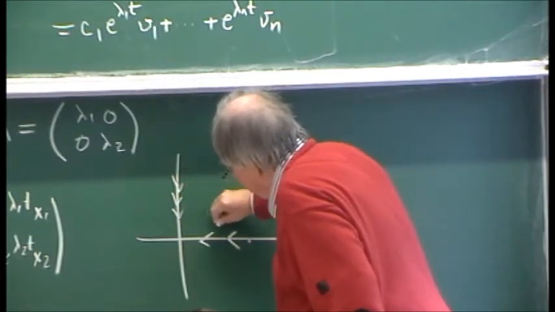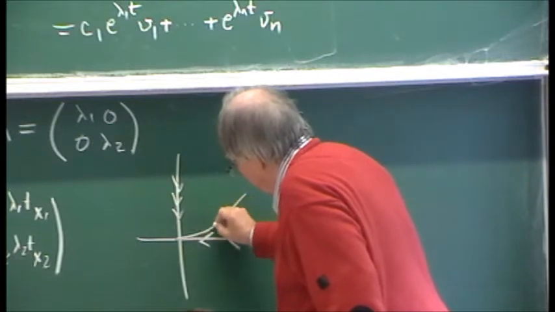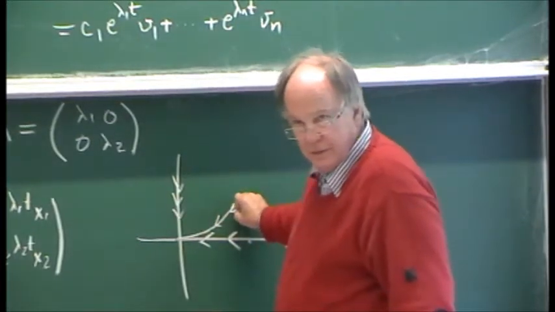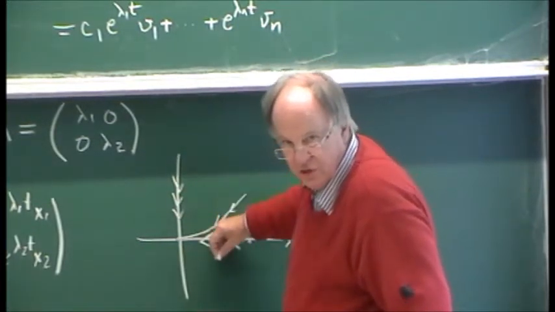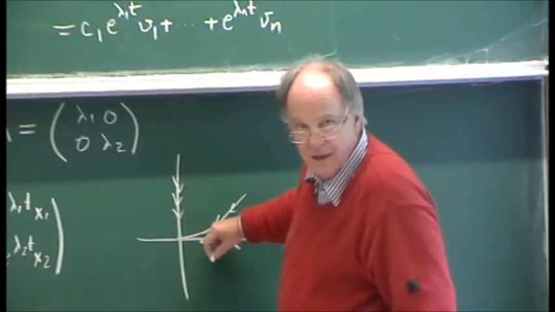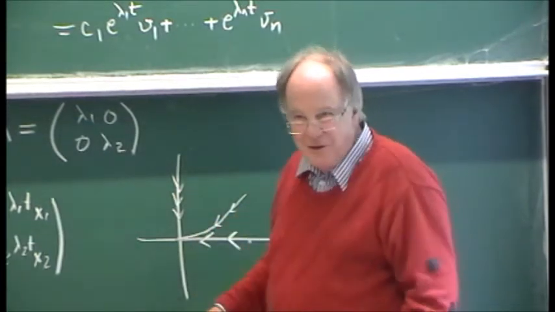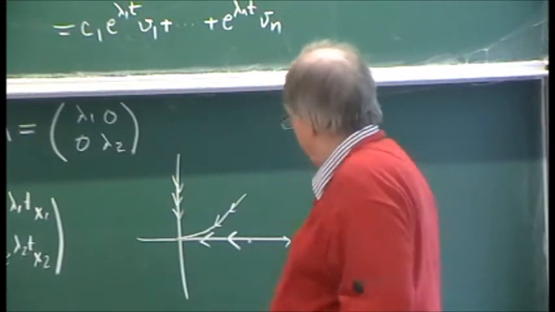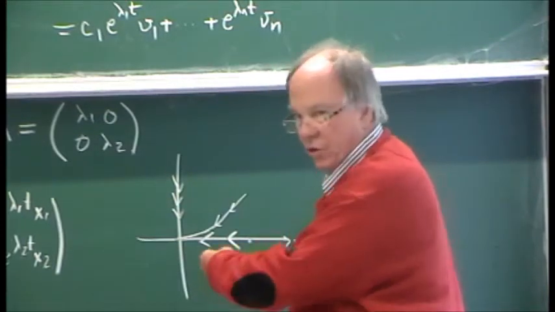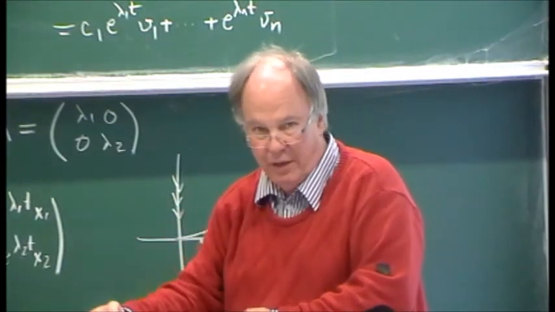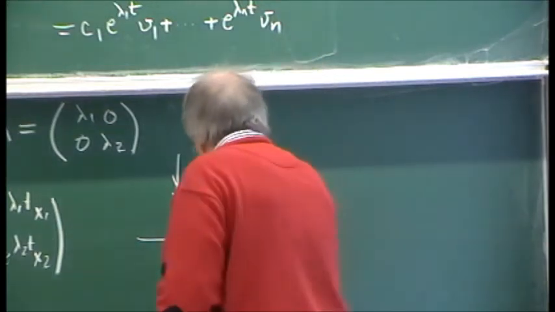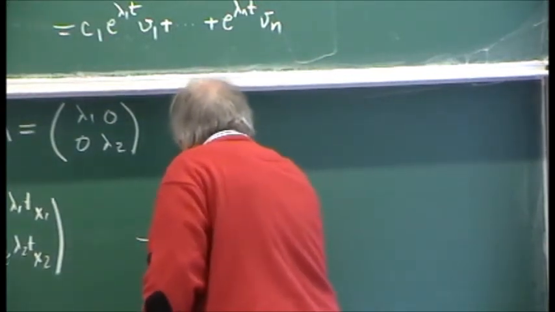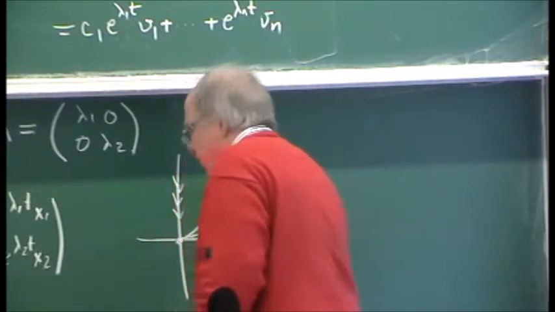So I think it's going to go like this, right? Because it's going faster. Have I got this right? I hope I've got it right. You have to think. Yeah, it's going faster to 0 than it does coming down. So if they're really different, there's going to be some singular phenomena happening